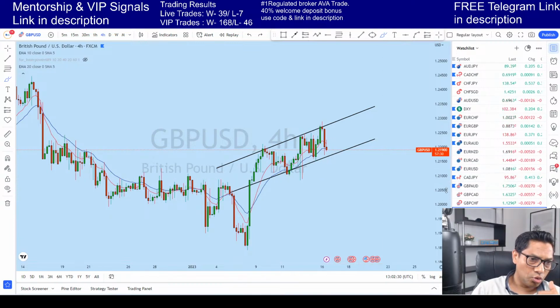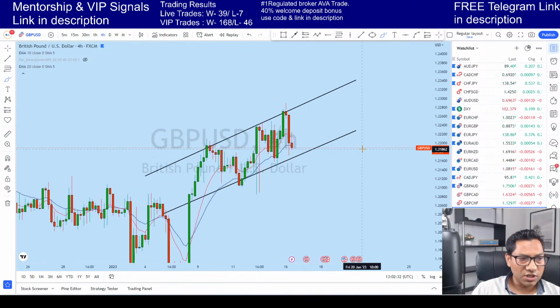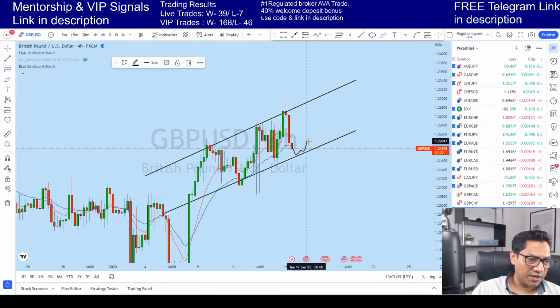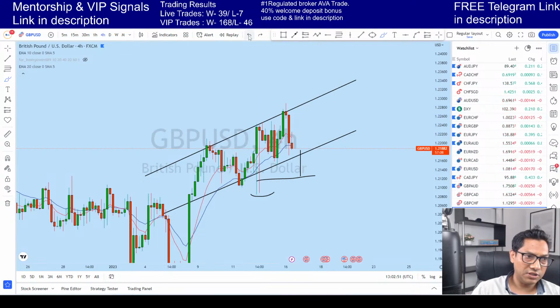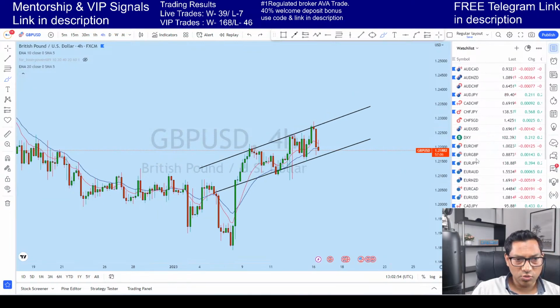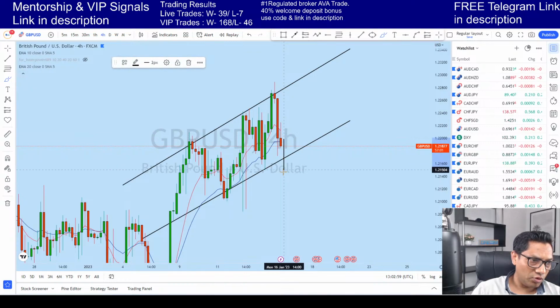So I will be more interested in the bullish trade rather than the bearish trade, because if we see that the market, probably in this zone, has come back here and created a higher low, a strong bullish candle or pin bar could be a good place for buying instead of selling. So this is what we have with GBPUSD. In this situation we will be selling this market if we see this support broken. For buying, we need strong bullish price action.